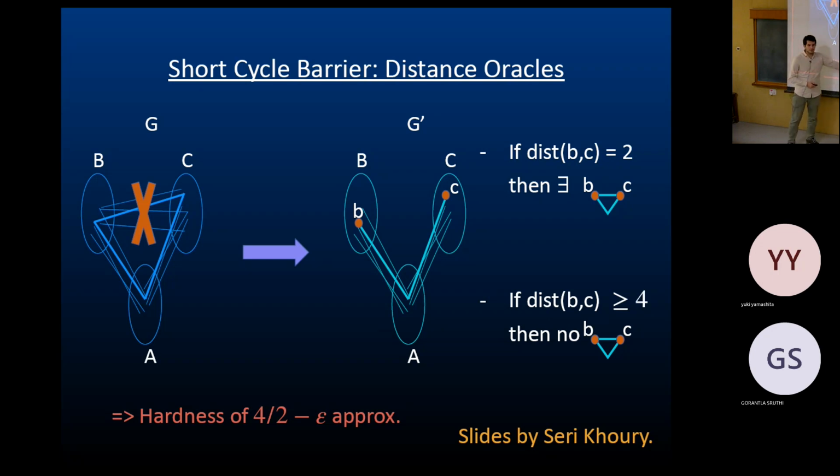And I actually said that 2 is easy. The reason 2 is easy is that, well, it's a bipartite graph. So if there's no 2-path, then you have to zigzag, like 1, 2, 3, 4. It would be 4. So it's actually a hardness for 2 minus epsilon.